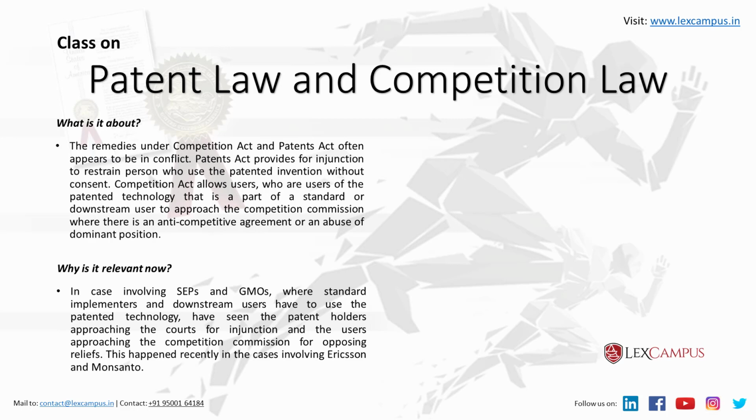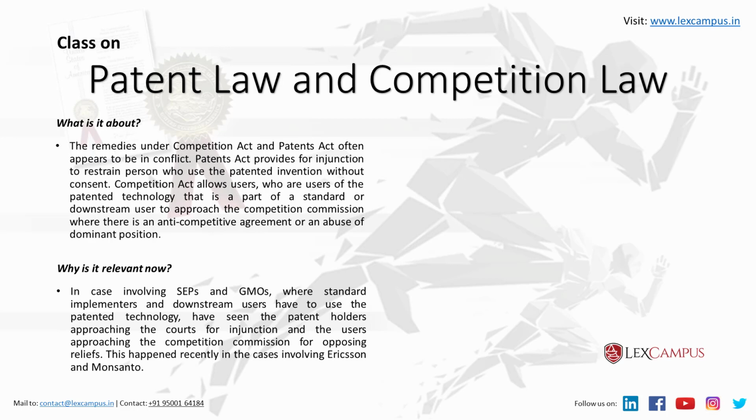So in the case involving genetically modified organisms, Monsanto controlled the seed, but downstream users, the seed companies which manufacture the hybrid varieties, had to use Monsanto's technology. And Monsanto initially licensed that technology. Then when the prices didn't suit them, they went on to terminate those licenses. So understand that there are particular technologies, such as telecom technologies, where there are standard essential patents held by the patent holder, which have to be used by others. The standard implementers, because it's an adopted standard, can't use anything else. They have to use it.